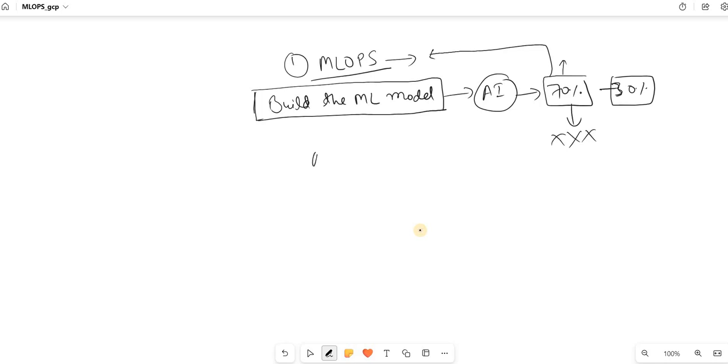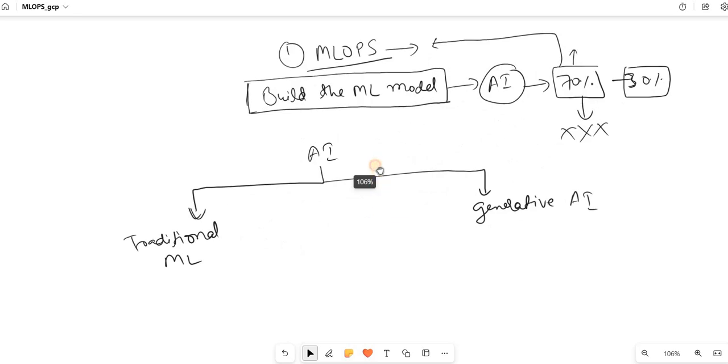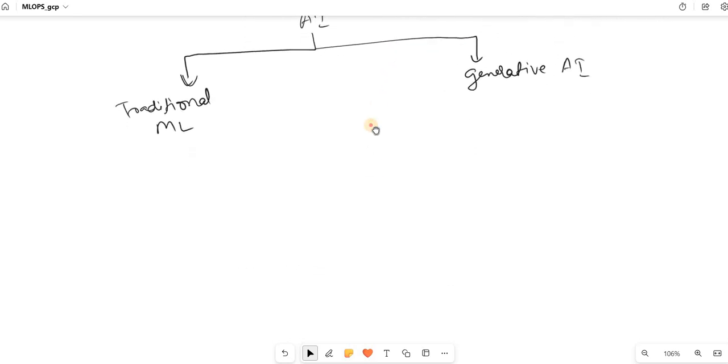So nowadays, AI has divided into two parts. One is called traditional machine learning, and another is called generative AI. So what exactly is the difference between these two? That we need to understand. So the difference between these two is